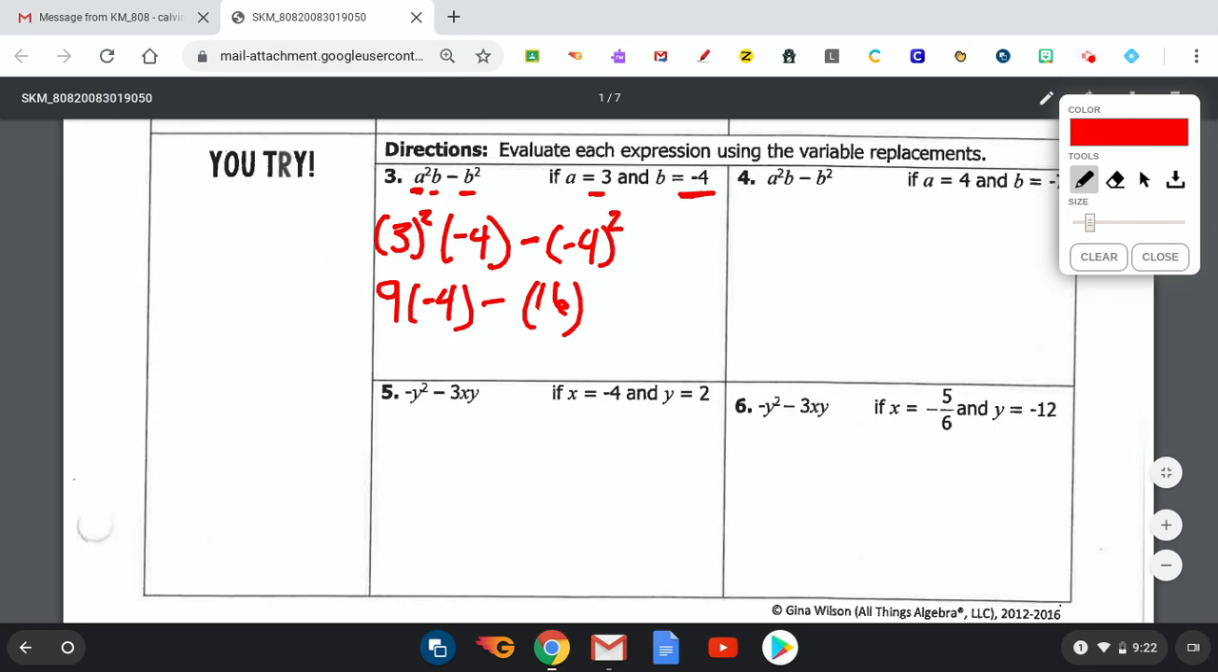All right. So then I just do 9 times -4 is -36 minus 16. And so -36 minus 16 is -52. All right. There's that. All right. If I come over here,